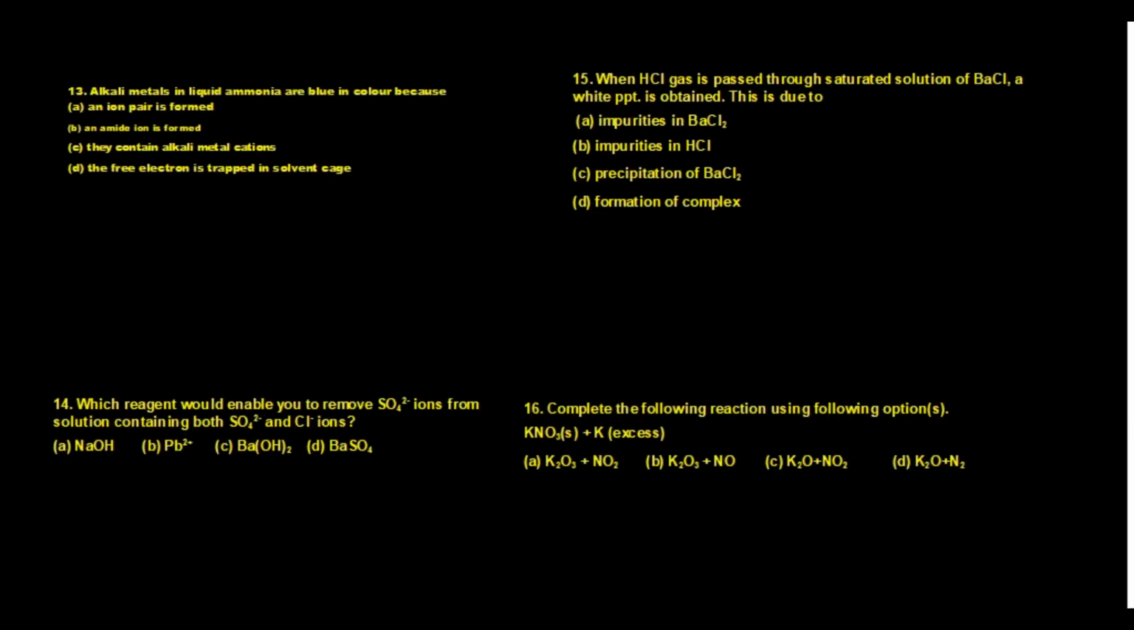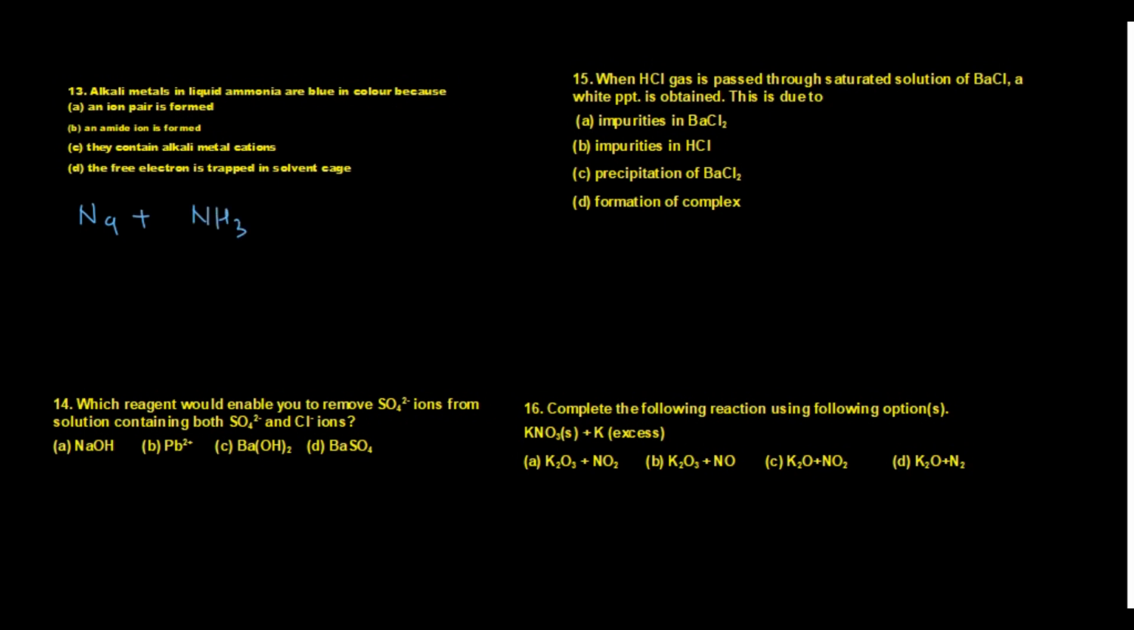Now moving to the next problem. My next problem is problem number 13. Alkali metals in liquid ammonia are blue in color because, see, this problem I have explained in my lecture in pretty much detail, but again I am going to explain it. Basically it is the formation of the ammoniated electron which gives the blue color to the alkali solution. So how does this reaction go? Say I am having sodium and I am dissolving this sodium into